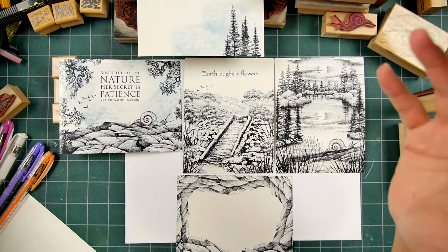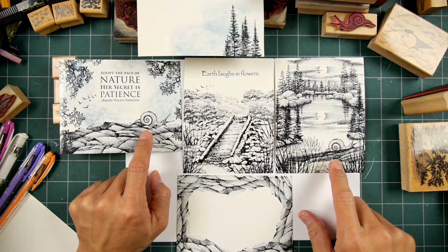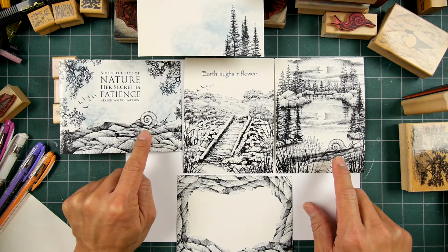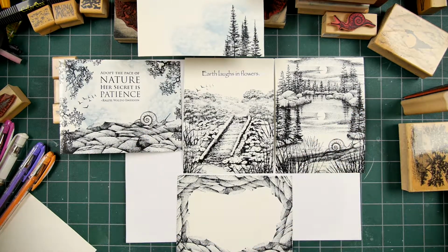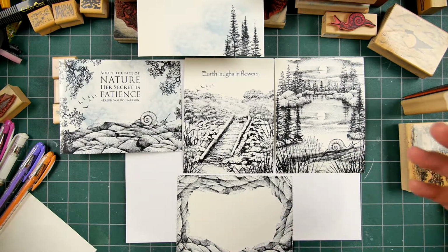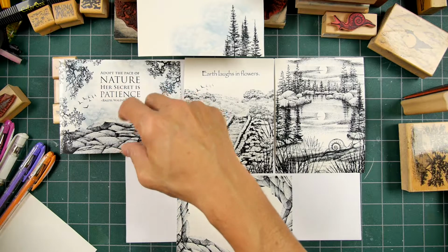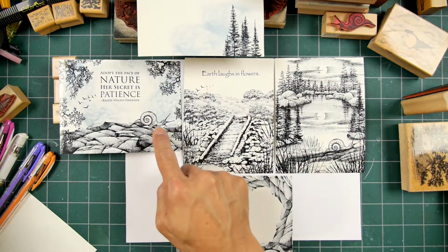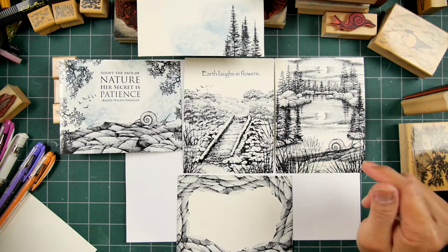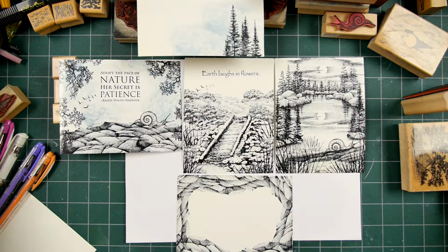In these compositions, I played around with a deeper space, getting into a worm's eye view. If you have larger scale objects, bigger people, bigger whatever, especially my little snail here from 100 Proof Press, that's the name of the rubber stamp company, you're really pushing the terms of the scene in terms of the spatial distance that you're defining, okay? If I had this ledge here and I put a pine tree on it or something like that, we're saying that ledge is much larger, but when you put a snail on it, you're saying that you are really at a worm's eye view, looking into the scene, okay? And that's fun to play around with, in terms of a really deep spatial framework